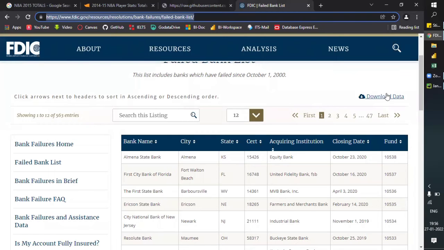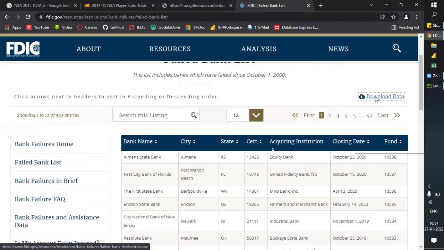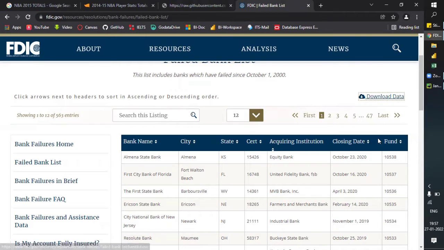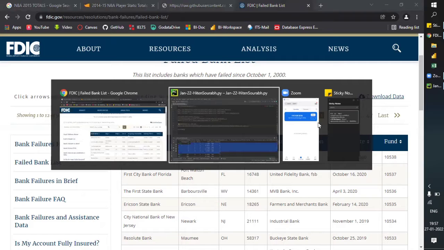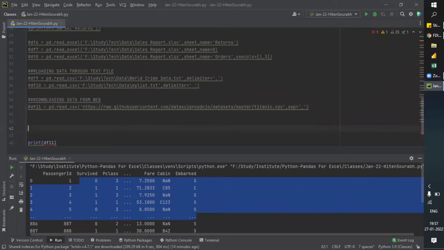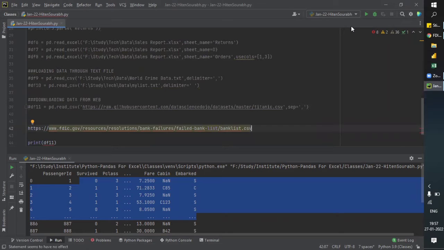You can see we have a download button here, same as on GitHub. You just click here and you get the option copy link address. Just copy it and paste it here.